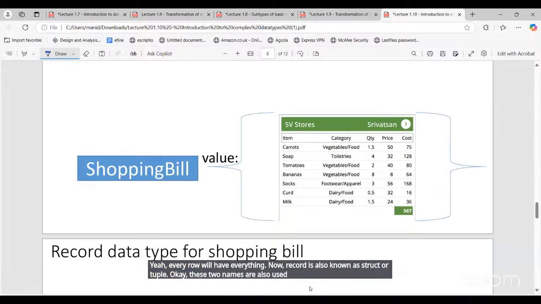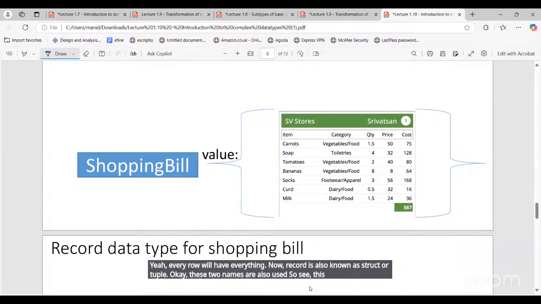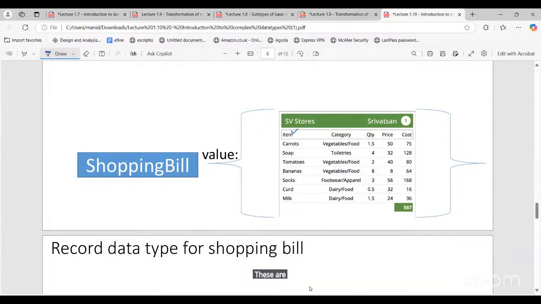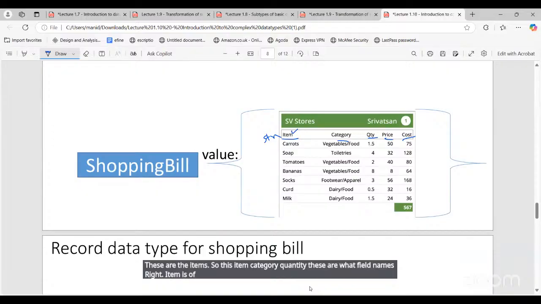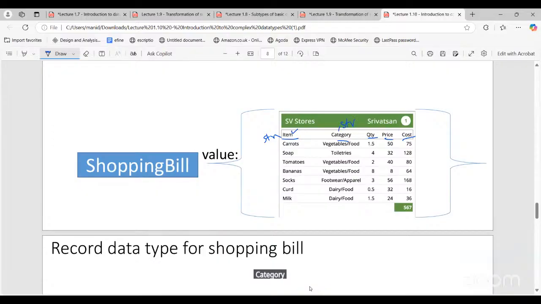So, see, this is the same thing for the shopping bills dataset. We have just given one example from every dataset. We saw words in a paragraph, we saw scores. This is shopping bills. These are the items. So item, category, quantity, these are what? Field names, right? Item is of string data type. Category is also of string data type. Quantity is of